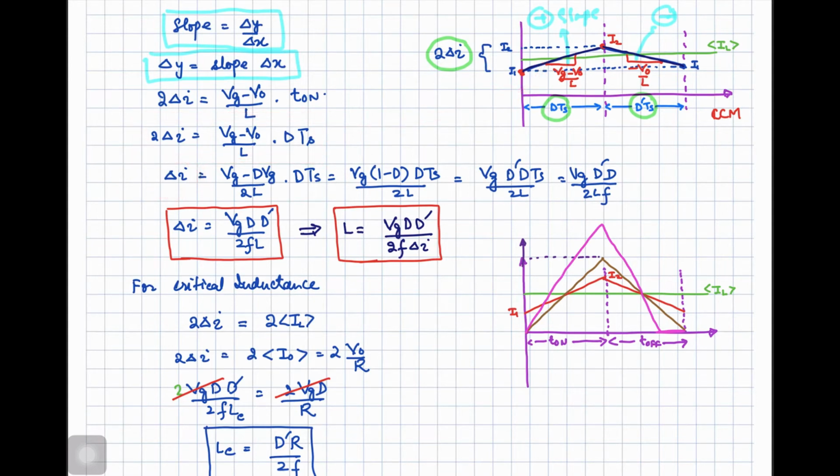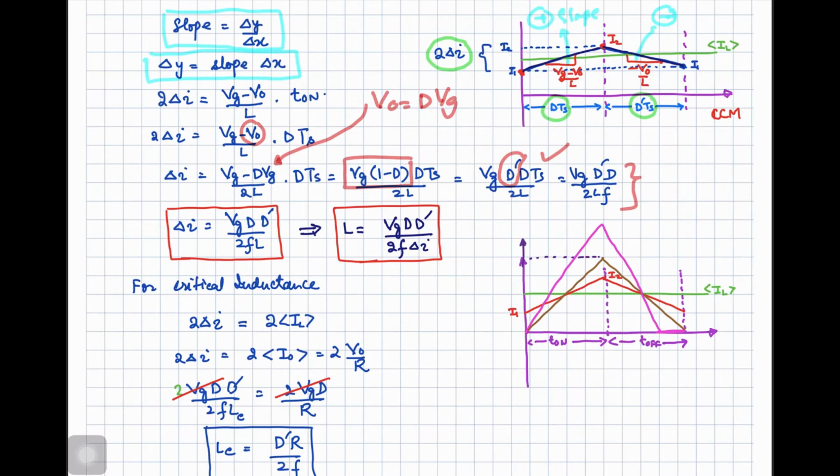for the delta I. So delta I will be simply equal to Vg minus dVg, and from where we are going to get this dVg, we have defined in the last slide that output voltage is duty cycle times Vg. So taking this one over here, replacing this V naught, so this now further can be written as 1 minus d into Vg into dTs. So d 1 minus d is equal to d prime, so you can write it like this, and finally you can write this expression like this, that Vg into d prime into d divided by 2LF will give you the